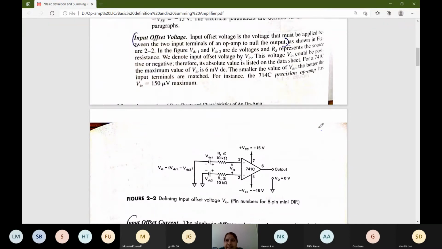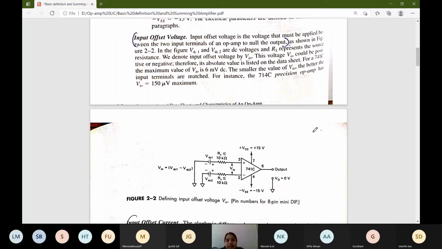See, it is an IC. It is an integrated circuit which has many transistors and resistors inside it. Everything has been packed and brought up as an IC. Since there are many passive elements, some voltages will be stored in these passive elements. So if you don't give any input, ideally, when I'm giving zero input to both the input terminals, the output should be zero. That is how it should work.